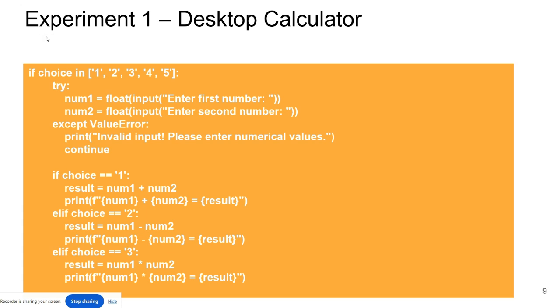Okay, and invalid input, please enter the numerical values, then continue. Okay, so continue means it will continue with that halt operation. Then if choice is 1, that's very simple. If choice is 1, result is equal to num1 plus num2,